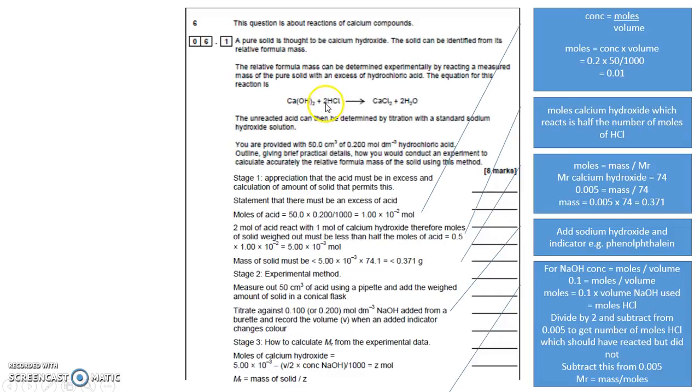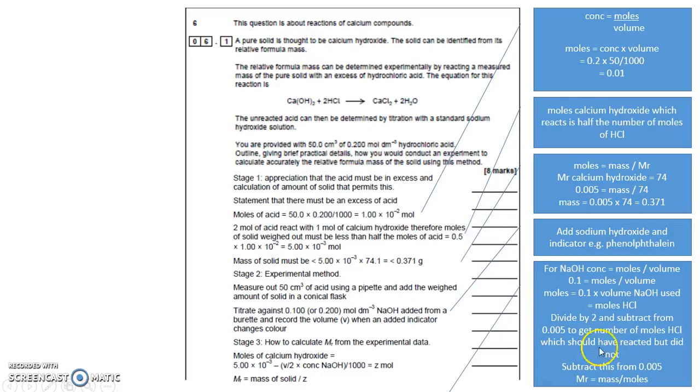Remember, the ratio is 2 to 1, so you can work out the number of moles of calcium hydroxide that has not reacted, that has probably not been there and been as impurities, by dividing by 2, and then you can subtract that from the 0.05